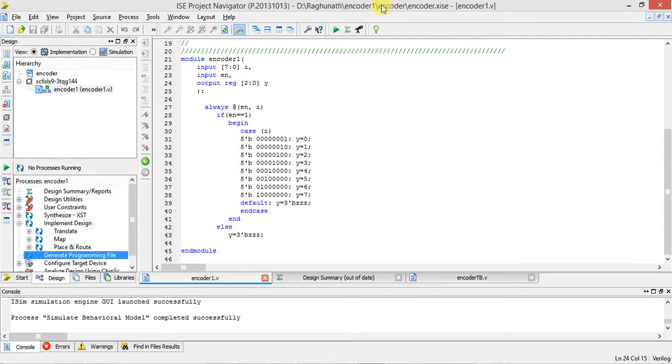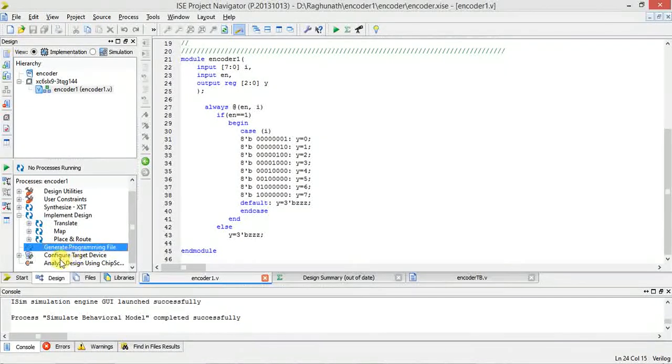There it is going to save. So once it saves, I have to browse this particular path. Here actually encoder 1, inside that encoder folder is there. So there the bit file will be there, encoder dot bit file will be there. That you have to download and program using double clicking configure target device. You refer to the previous decoder on how to program it.